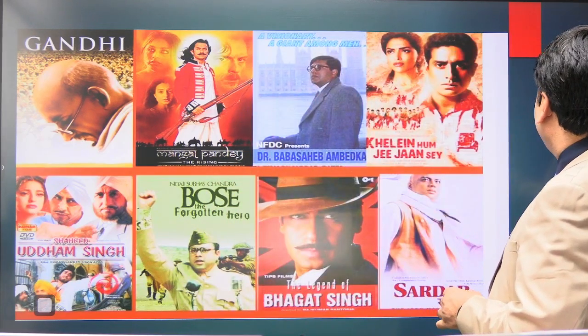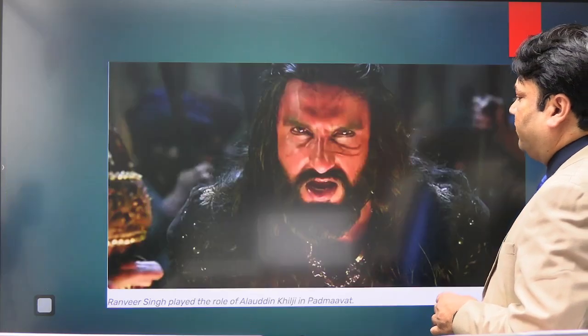Obviously, they are using the themes of history, and we also have debates and discussions about history. It is not possible to discuss each and every film, or each and every underlying theme of all the films. So I am going to choose one particular theme, Alauddin Khilji, so that you can understand why knowing history and historical information in a proper and accurate manner is one of the most important tasks or duties of students. So, Alauddin Khilji.